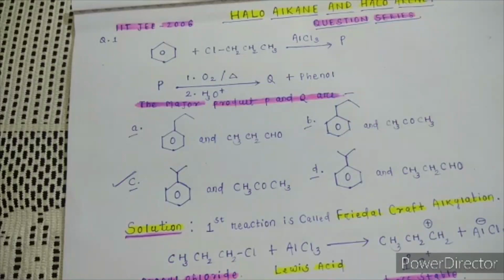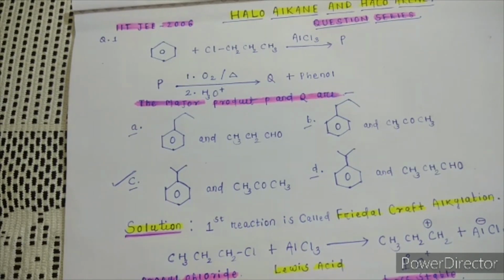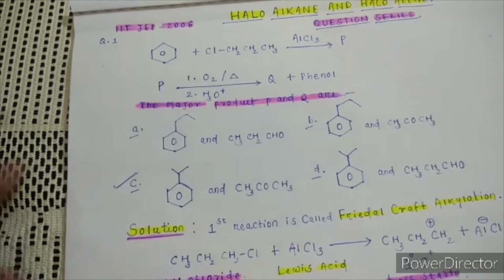So this is all about question number 1. Again, I am explaining question number 1. You just look, benzene reacts with alkyl chloride in presence of AlCl3. That means this reaction is called Friedel-Crafts alkylation reaction. And in the second step, it is cumene hydroperoxide rearrangement, the preparation of phenol with acetone. Cumene will form cumene hydroperoxide, and cumene hydroperoxide will undergo rearrangement to form phenol and acetone. So this is all about question number 1. Then we will move to question number 2.